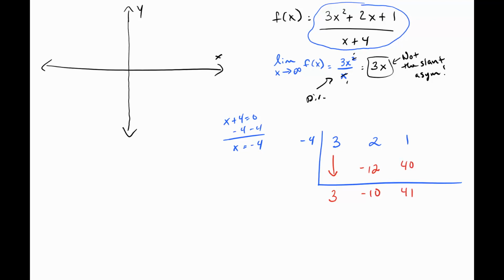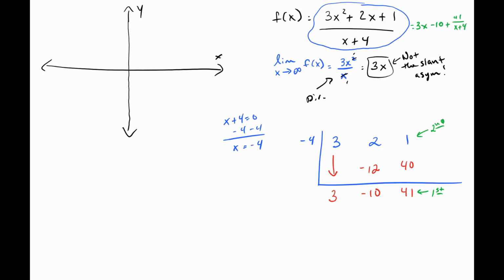Once again, I'll reiterate that here we have a second degree polynomial, and we reduce that down to a first degree polynomial, which is of course going to be linear, which is what we want. So what we find is that when we divide it, it just ends up being 3x minus 10 plus 41